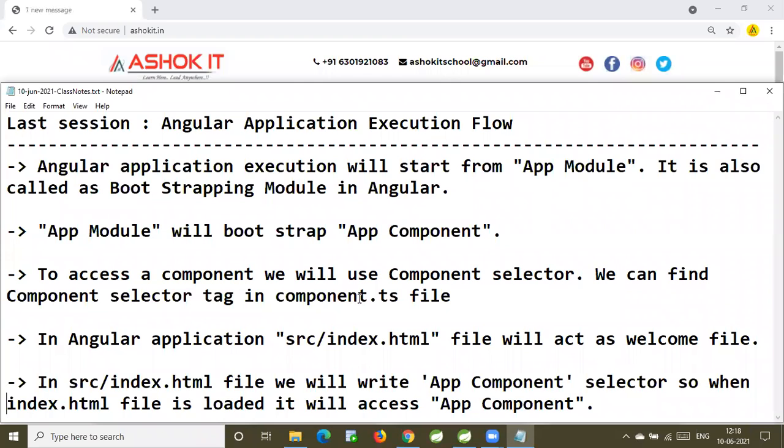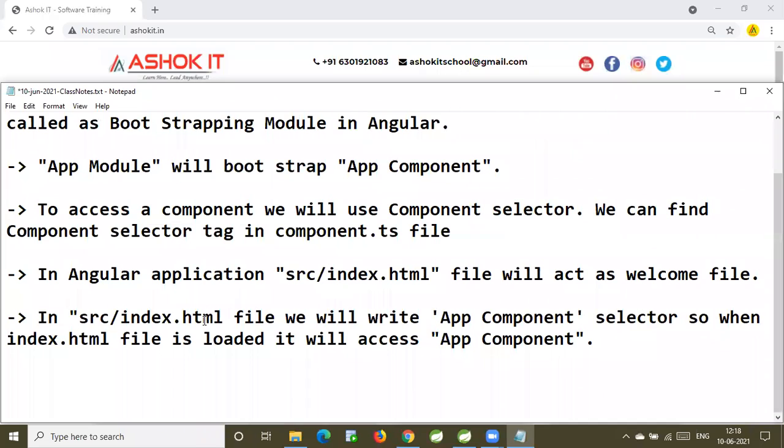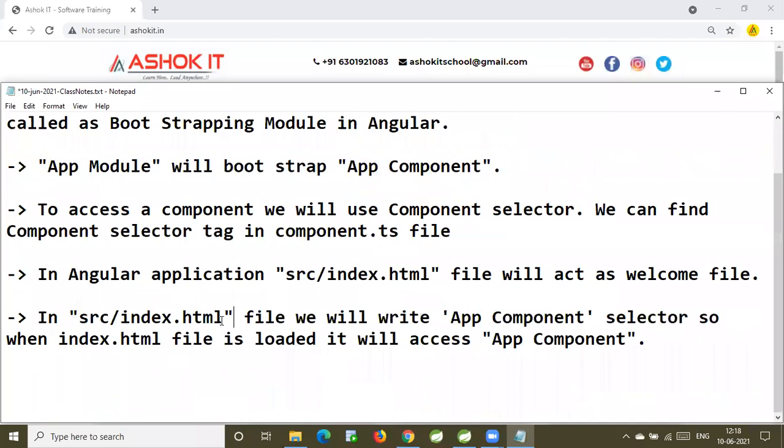In an Angular application, src/index.html will act as the welcome file. In index.html, we will access the app component selector. So when the index.html file is loaded, it will access the app component.